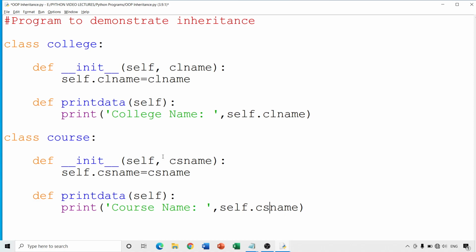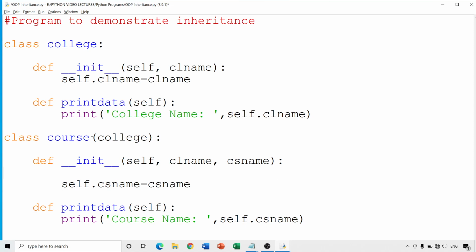So basically we have two classes, but now what I want to do is, here the course is the derived class for the base class college. So what changes do I need to make? Here I need to make college, and when I initialize the course, I should be automatically initializing the college. So definitely here it will be cl_name as well. And because the init method inherits the init method of the base class, I have to write here college.__init__